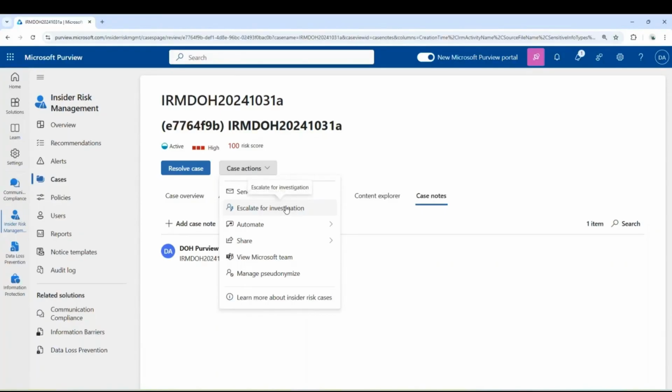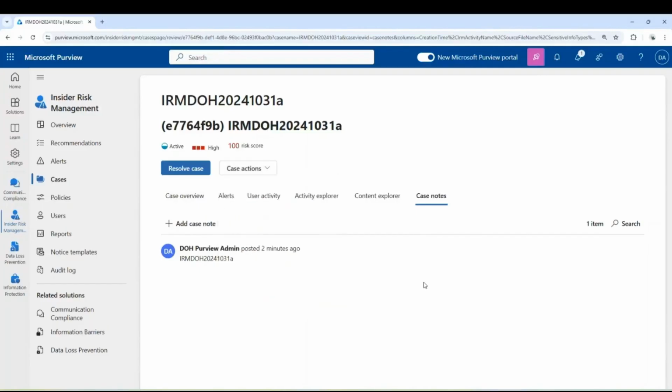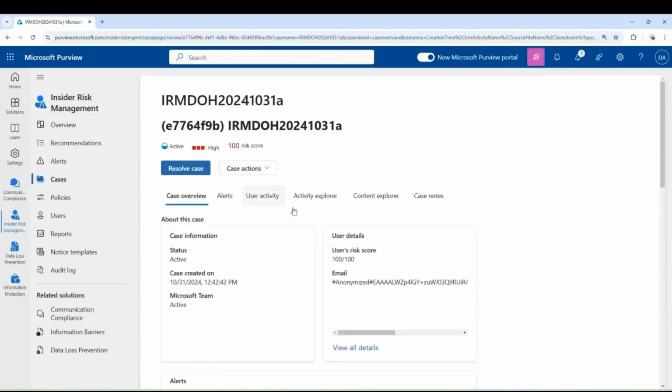And again, use some collaboration with your e-discovery. If you're working with Power Automate workflows, you have that ability as well. You can share the case in an email or copy the link. You can view the Microsoft Team that's created, and you can manage the pseudonymization of the users' names. So as you continue to work the case and gather extra information,